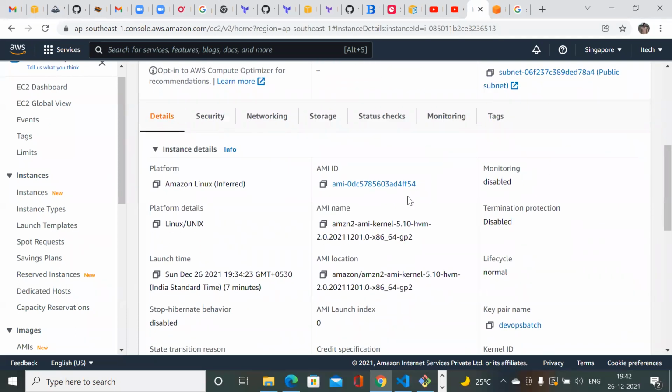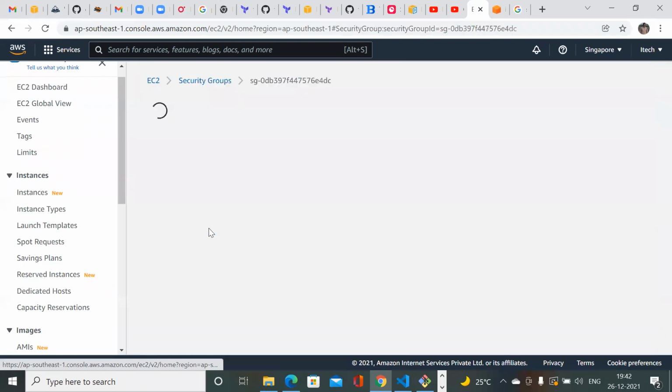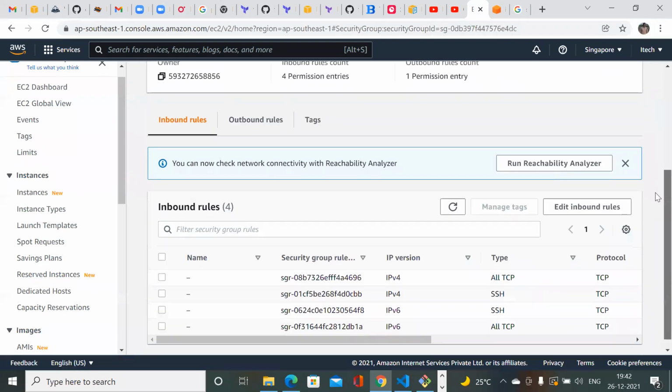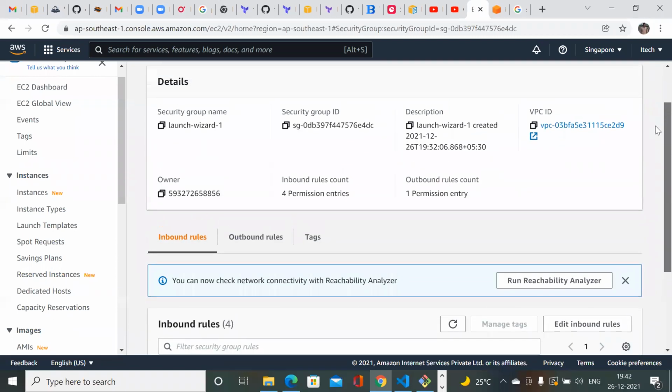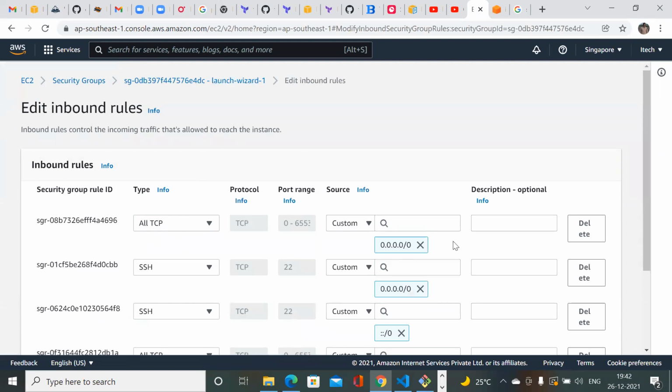Maybe you may get a call or a new request from a customer saying they're not able to access, or not able to ping from the internet, or from the office, the particular instance. One main reason may be that the port is not allowed in the security group. So immediately I'll navigate to the security group, click on that particular security group, go to actions, and edit inbound rules. I'll check whether the port is already allowed or not.